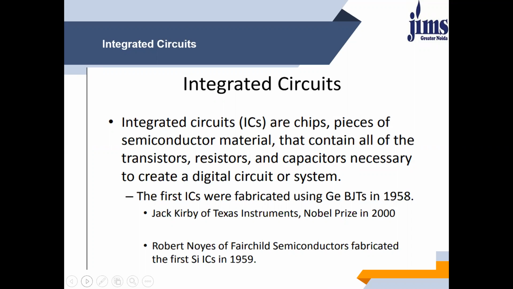You have heard about the motherboard? In a motherboard, there are lots of ICs. Every IC has its own value, its own worth. Each IC consists of many transistors, resistors, capacitors, inductors, and so on. Those are just to create a digital circuit in a compact form. So integrated circuits are the combination of various electrical circuits on a single chip, just to compact the size.